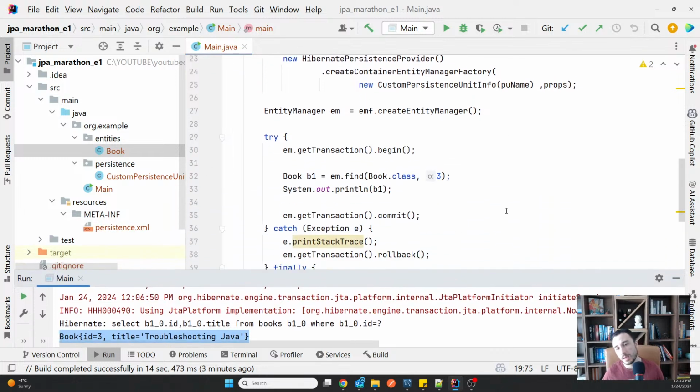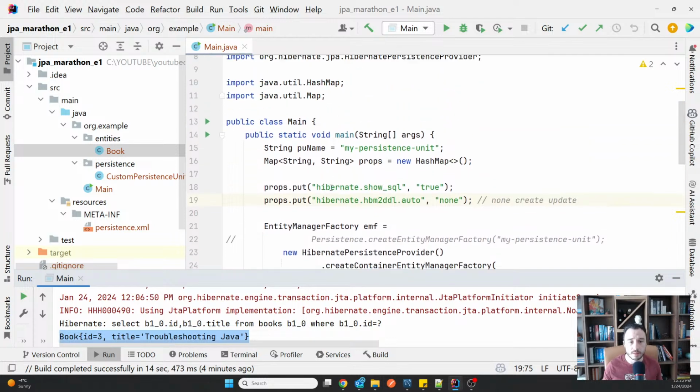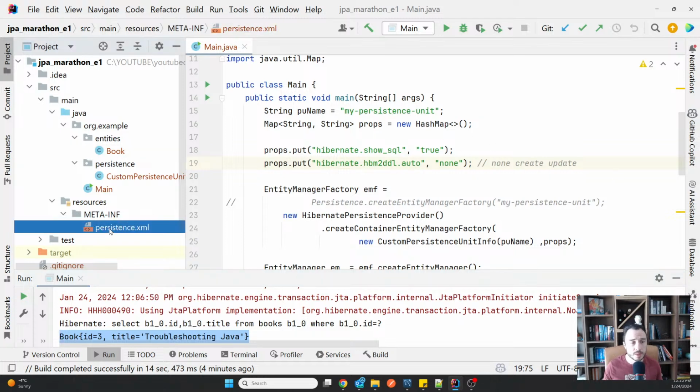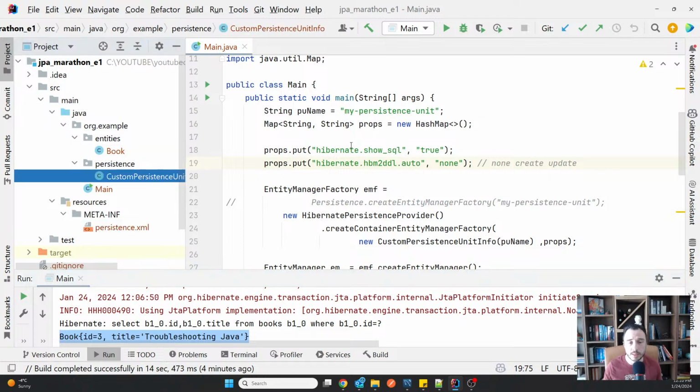And this is how we conclude a first part of today's discussion, where we figured out a lot of essential things about how we create our connection to the database. You understood the two ways, persistence XML and the programmatic approach.